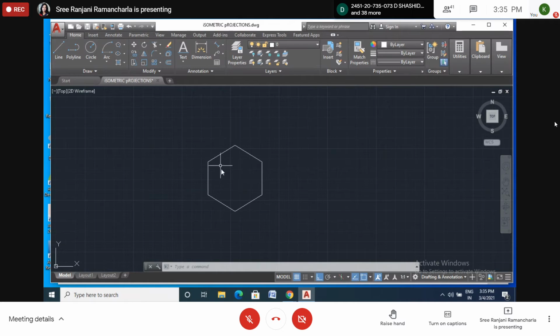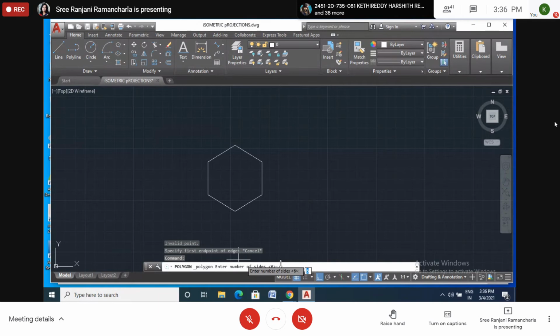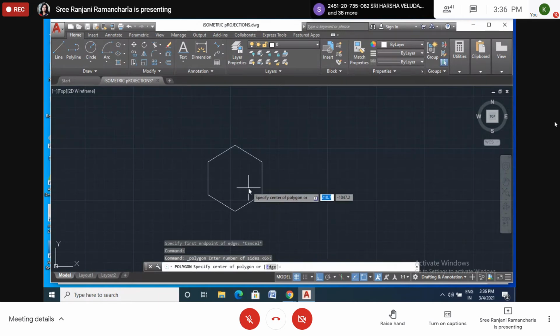So truncated means we have to draw one more hexagon. This is 20. We will take 10 now. Here 6 is there. Not edge. We'll take the center one now. Center.